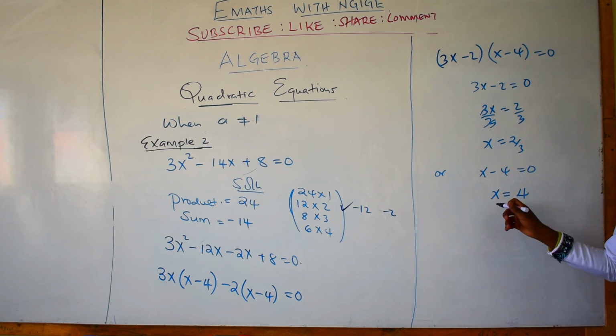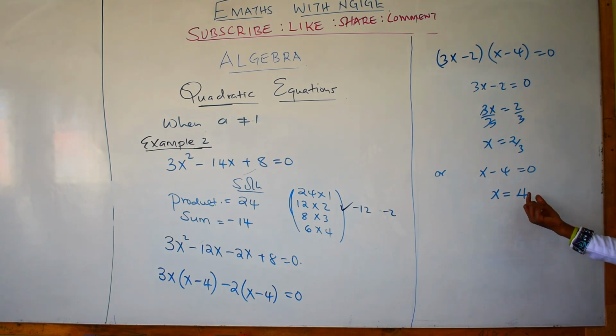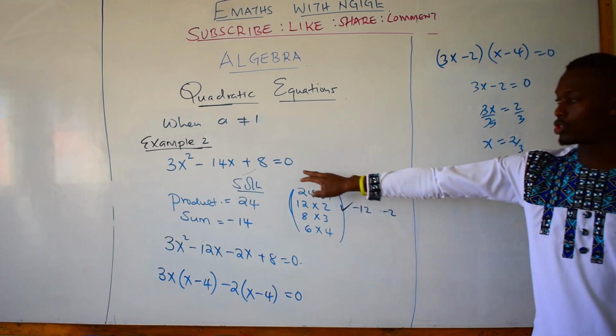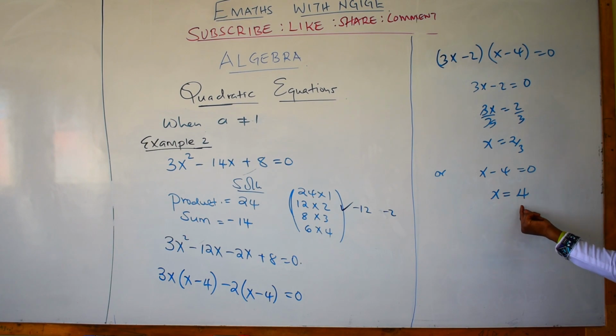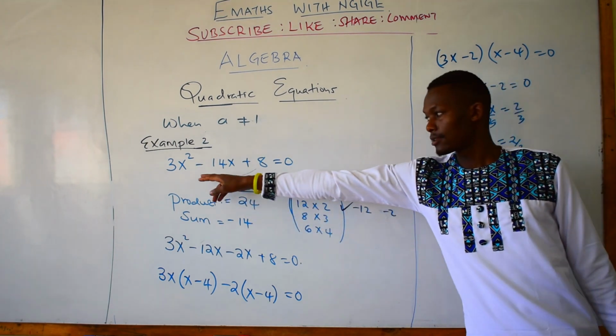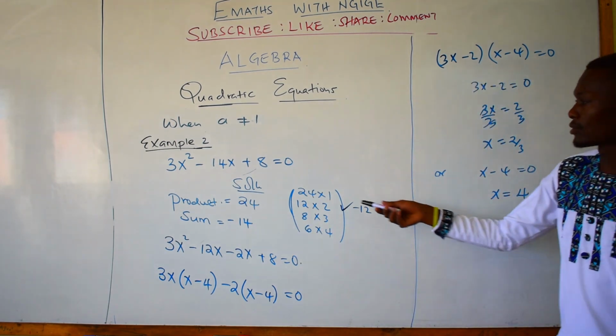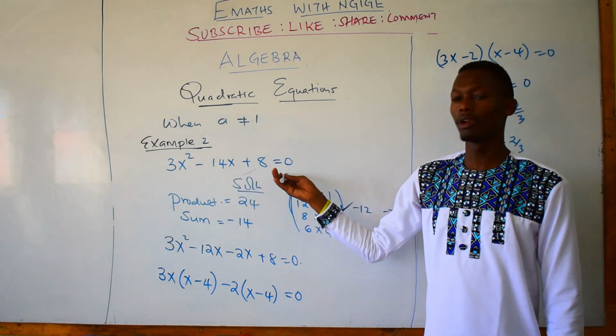So therefore, for us to get the roots which satisfy this equation, the two roots are 2 over 3 and 4. You can try replacing these values of x in this equation and you will see that whatever you get here will always be